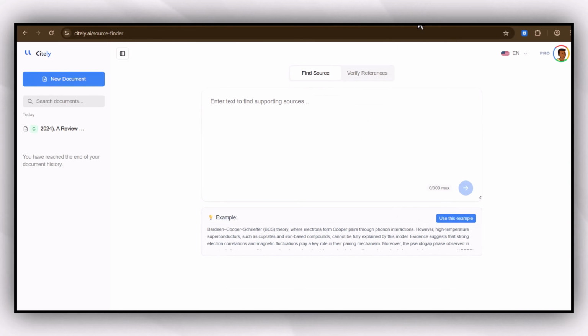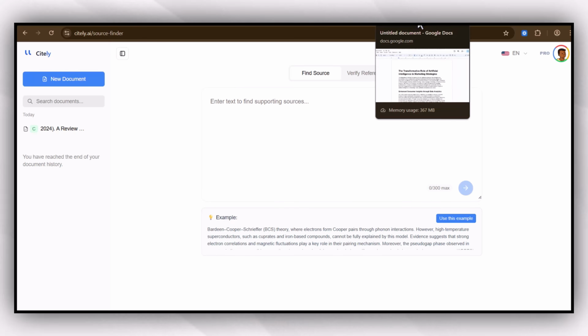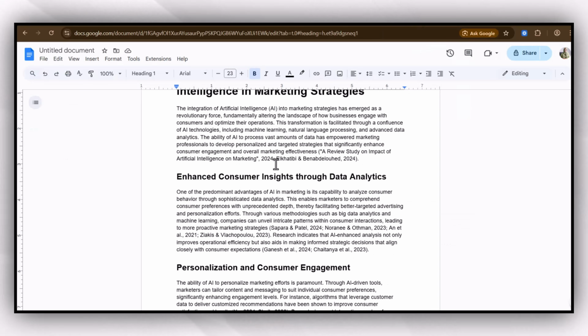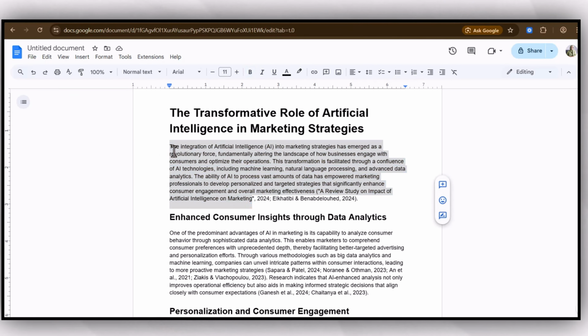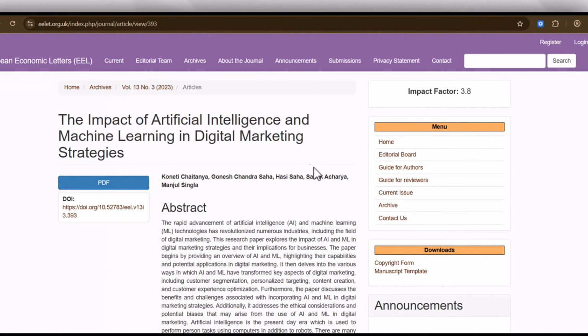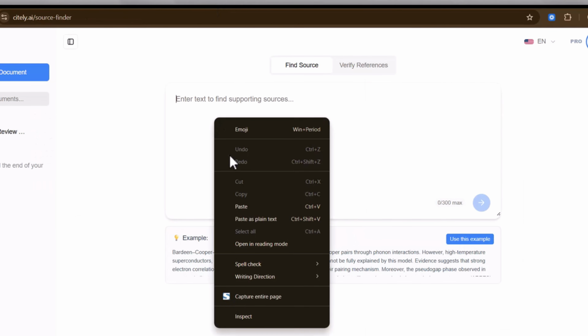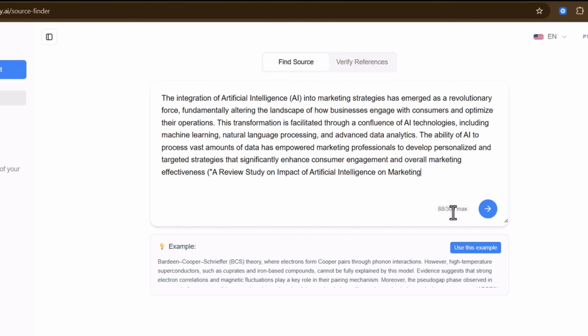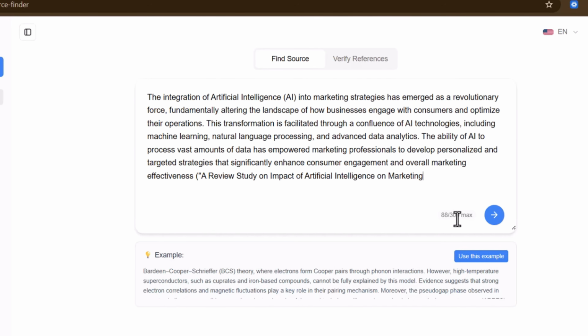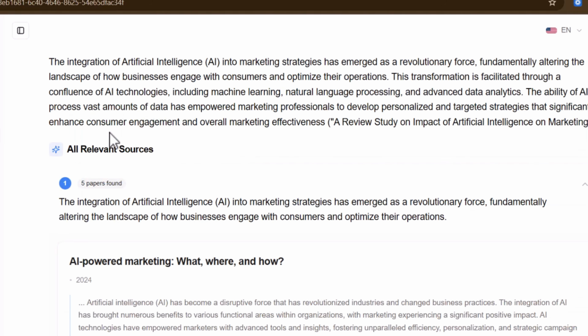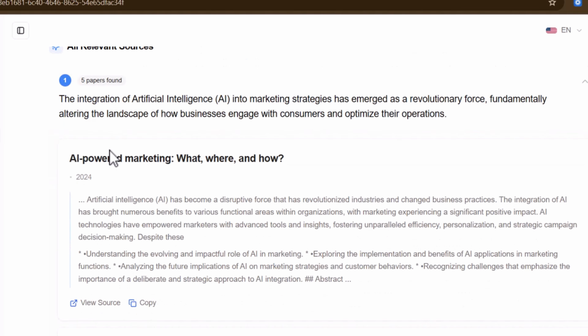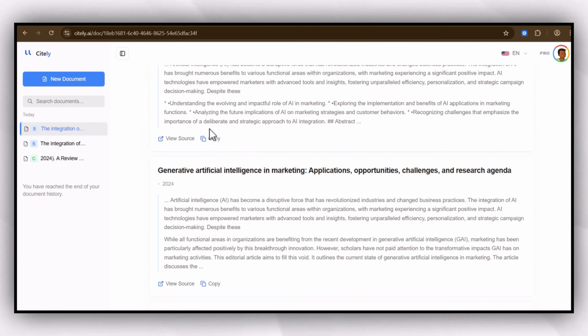First, I will go for its Find Source feature, and I can even use the example sample to verify, or it's better to go with your own document, as I'm going to copy this specific paragraph from my writing, which I have done with the help of AI, and paste it here. And you can use 300 characters maximum in one go. The tool follows a step-by-step verification process,